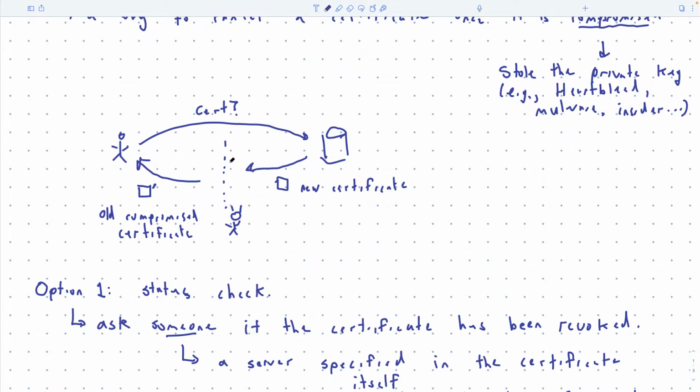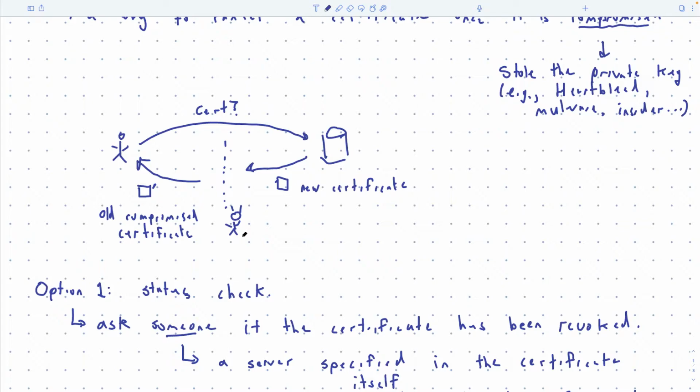Now let's say you're the adversary and you're in the middle between the user and the CA as well. What are you going to do? The user is going to say, hey, is this certificate revoked? If you let that message go through, the CA is going to say, yes, it's revoked, and try to send that back to the user. Are you going to let that message through? No. Okay, what if you just drop it?